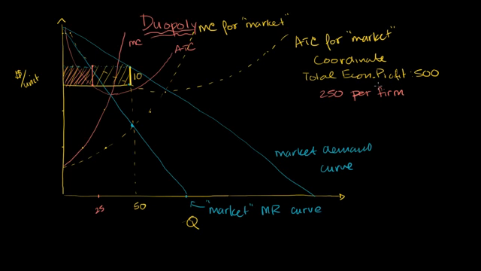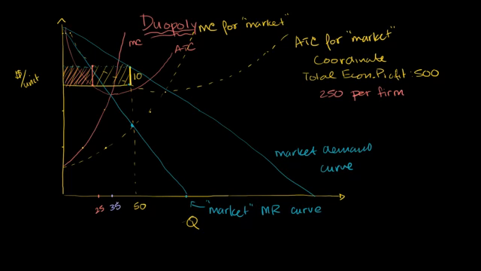Now let's think about why there is an incentive for one or both of the firms to cheat. Let's say one firm in particular. So the other firm holds at 25 units, but this firm says, hey, I like this price. I'm already making economic profit. Let me produce 10 more units. So this firm says, I'm not going to produce 25. I am going to produce